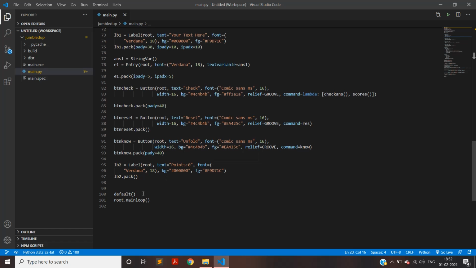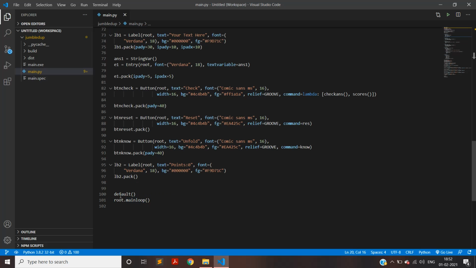And in the end, I have called root.mainloop, which means our whole program actually runs infinite number of times, so that what we see is a stable Tkinter environment, but it is not a stable environment, it is actually run infinite number of times.